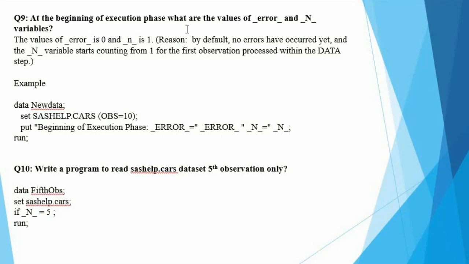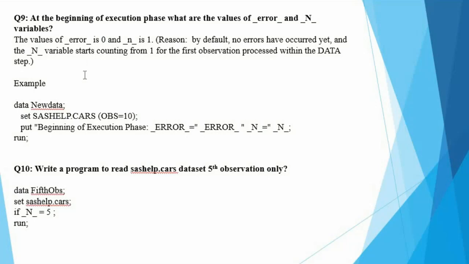At the beginning of the execution phase, what are the values of _ERROR_ and _N_? As we know, only the data structure is created, and I already showed you with the diagram. In the beginning, the value of _ERROR_ will be 0 and _N_ will be 1. The reason: by default no errors have occurred yet, and the _N_ variable starts counting from 1 on the first observation processed